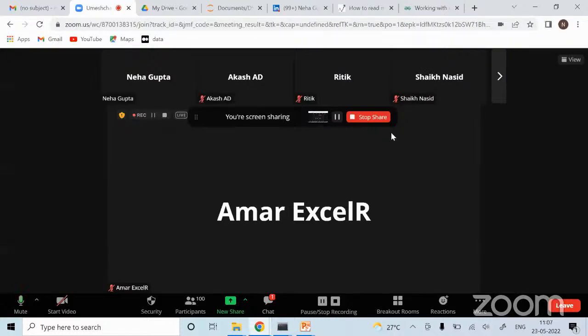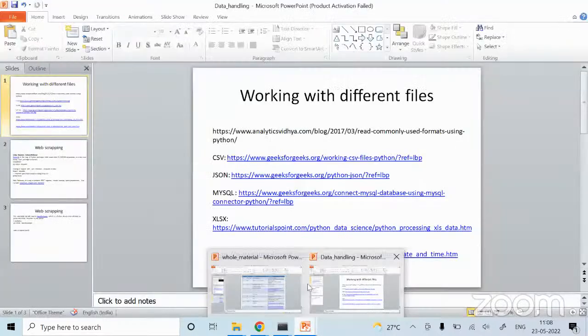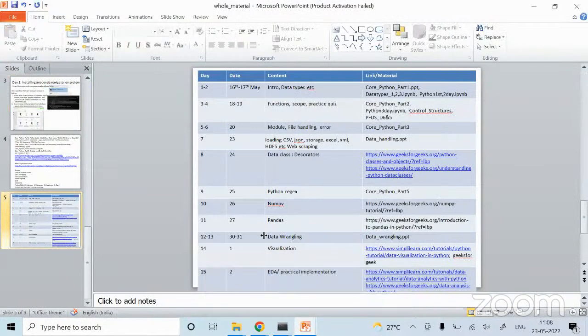We learned how we can define multiple loops within loops, nested loops, or nested if-else control statements. Then we covered modules, file handling and errors in the last session: what different modules there are, what different file handling there is, and what kind of different error